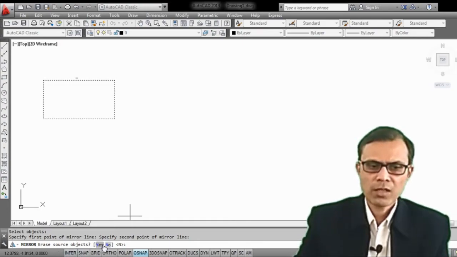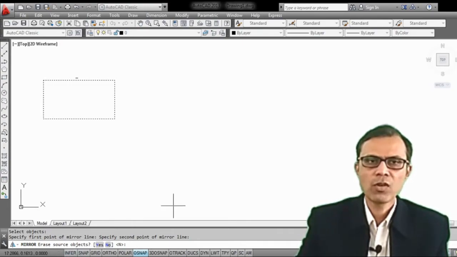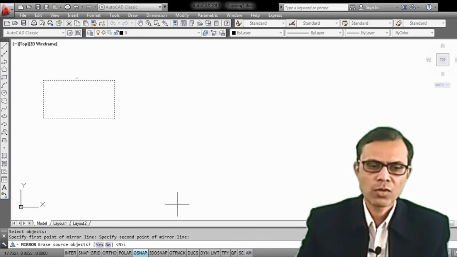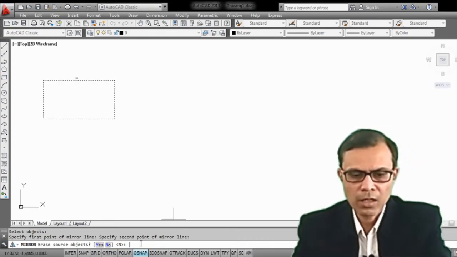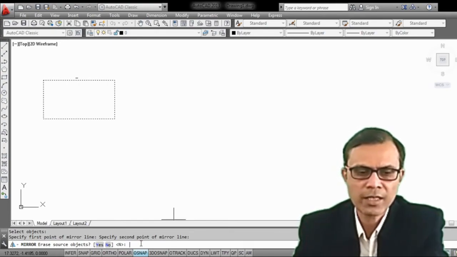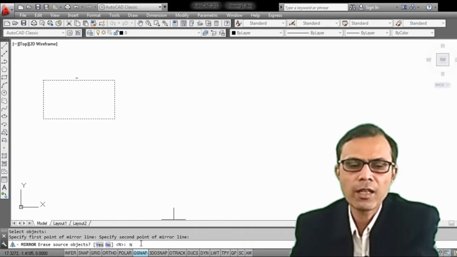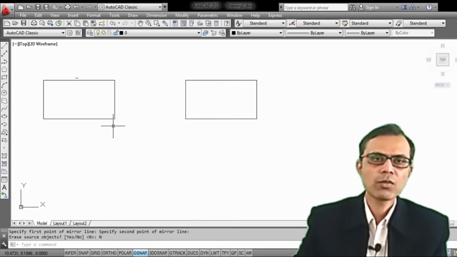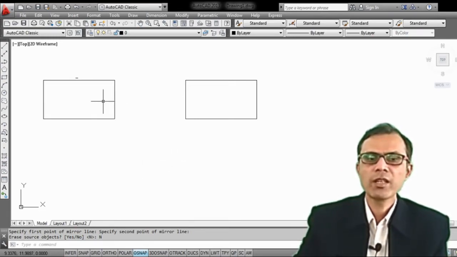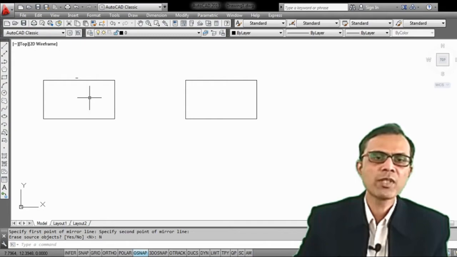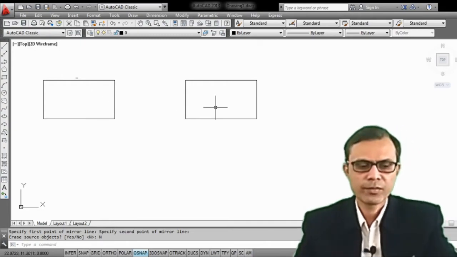Erase source object, yes or no. If you want to erase the original object, then you have to enter yes, and if you don't want to erase the original object, then you have to enter no. So here I am entering the option no. For that, type N and then enter. So you can see same mirror image of this original object is produced over here.